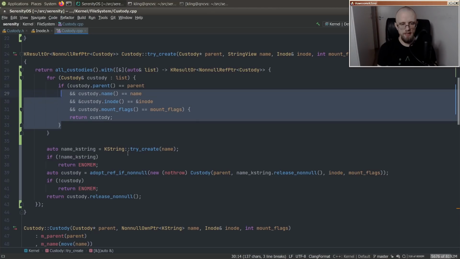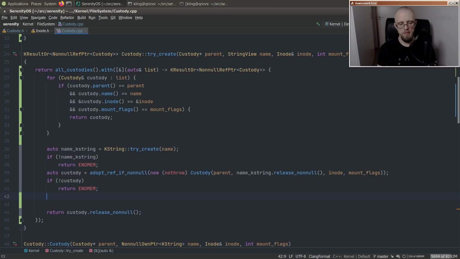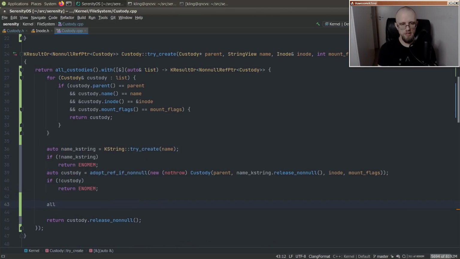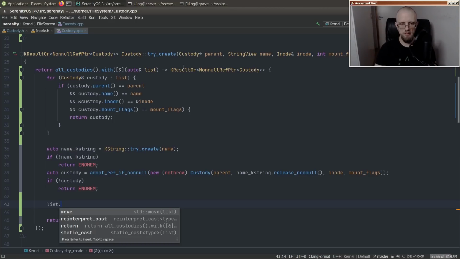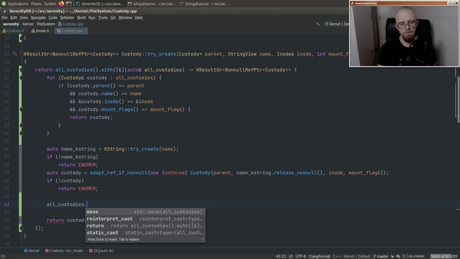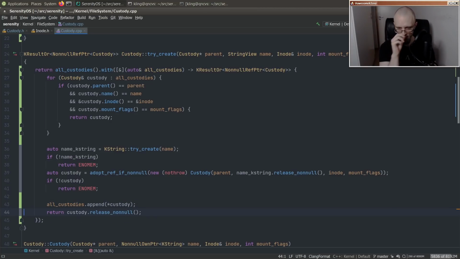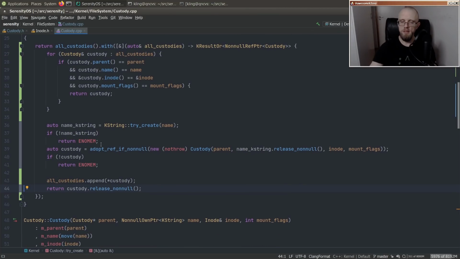So I guess if we didn't find it in the cache, then what we want to do is create it as normal. And then by the end here, we'll simply do all custodies. We have it here. It's called list, actually. Maybe we should call it all custodies just to be clear. Append custody, right? Yeah, so now all custodies is on the list and we should be good. And